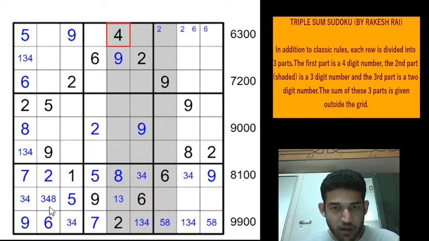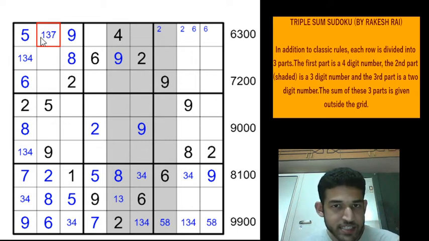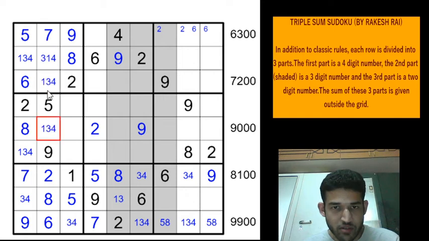And now 8 in the box, 7 can only be in this cell, and that gives an 8 here using classic rules. So this cell is going to be 1, 3 or a 7. It cannot be 2, 8, 9, 5 and 6, and nor can it be a 4. So this will be 1, 3 and 7, and that immediately gives us that 7 has to be here, because if you have 1 or a 3, you can never get even to 6000. So this will be a 7, and the remaining digits are 1, 3, 4 along that column. We'll just fill them. This will be 1, 3, 4, this will be 1, 3, 4, and this will be a 1, 3 and 4.